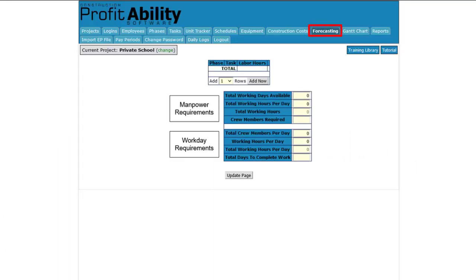This is the Forecasting tab. This is where your field manager can make predictions on the completion requirements for any portion of their project. For example, if the general contractor comes to them and asks how long it would take to complete the kitchen